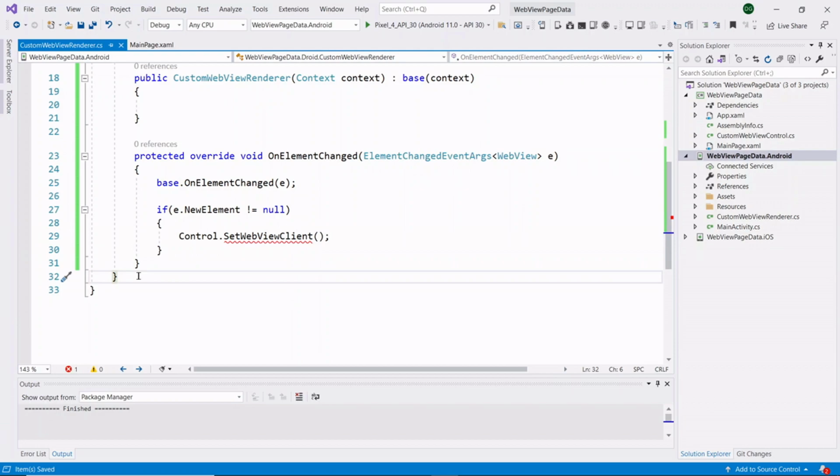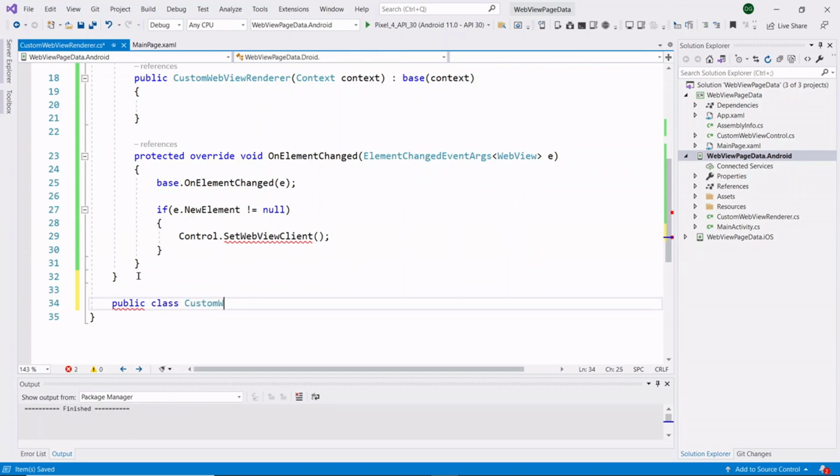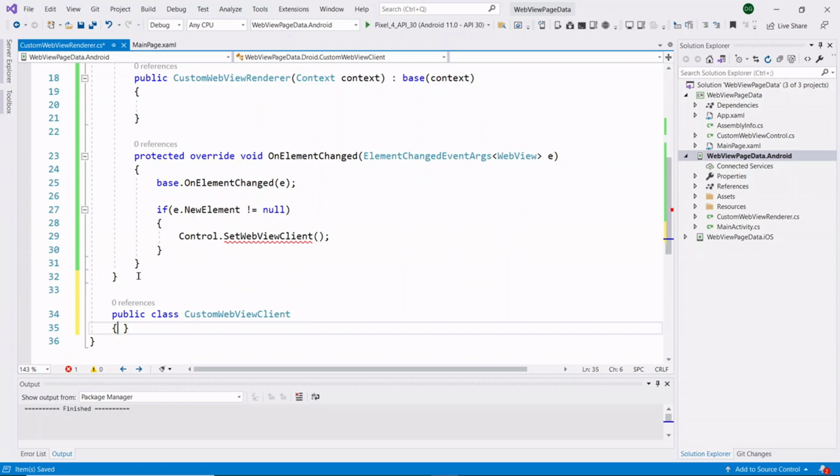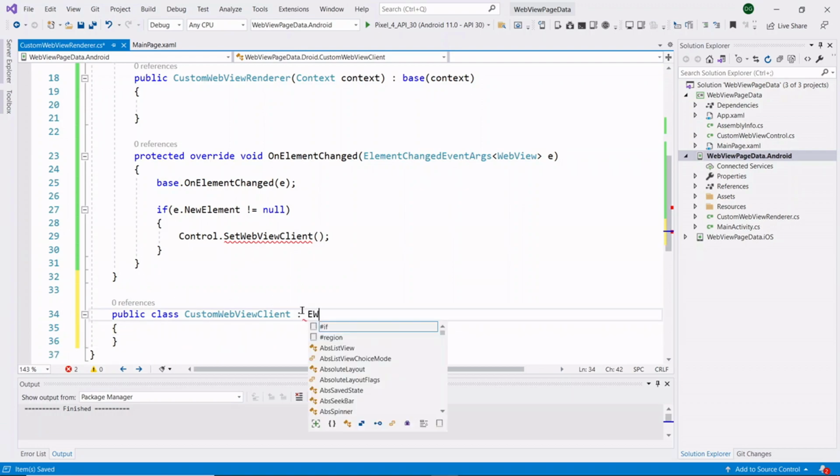For that, we need to create one class and we have to inherit that class from WebViewClient. So here I'm creating one class. And now I'm inheriting this CustomWebViewClient from WebViewClient.